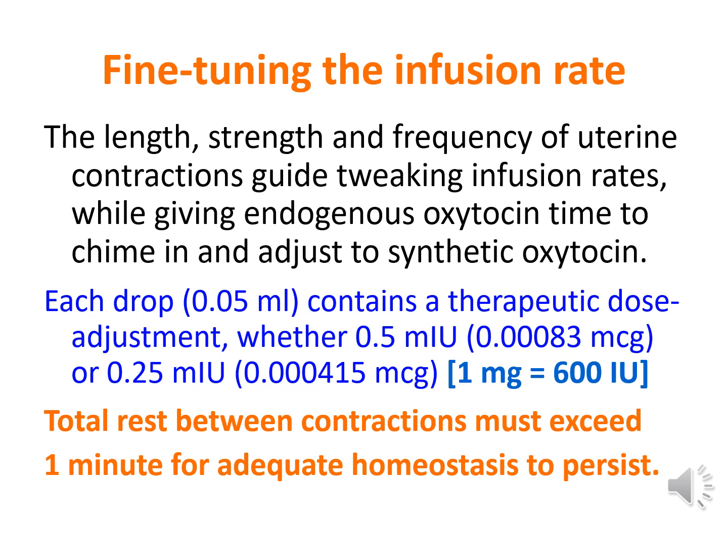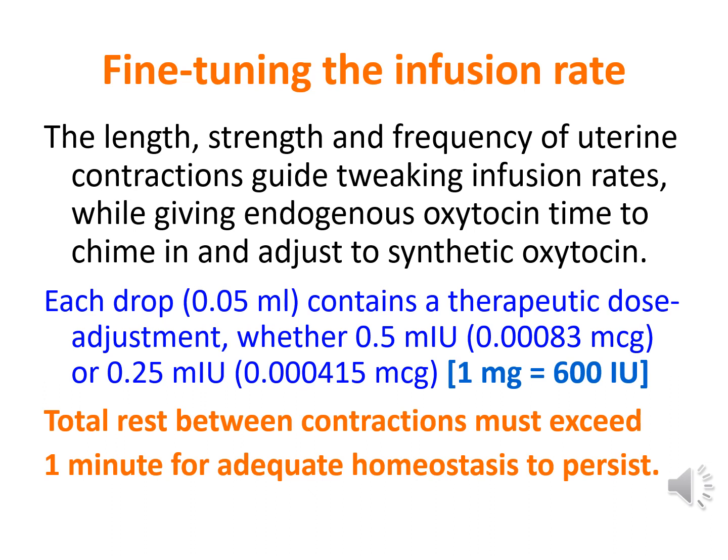Fine-tuning the infusion rate. The length, strength and frequency of uterine contractions must be used to guide the tweaking of infusion rates, giving endogenous oxytocin time to chime in and adjust to synthetic oxytocin's presence. Each drop, 0.05 ml, contains a therapeutic dose adjustment, whether 0.5 milli-IU, which contains